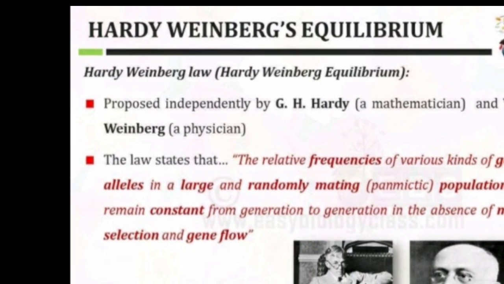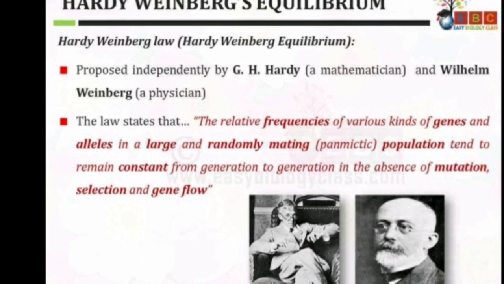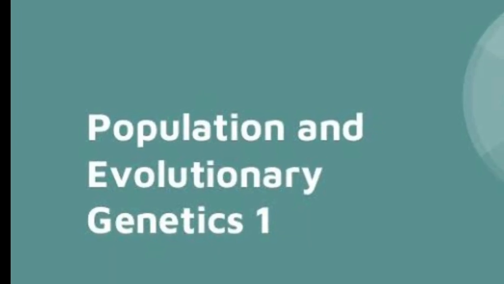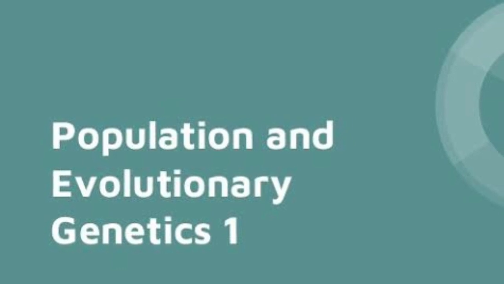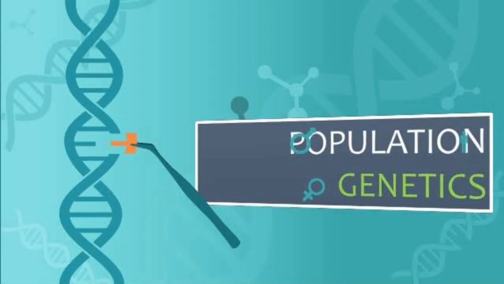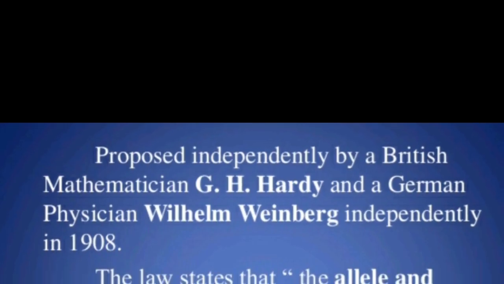In the next part, there is the study of adaptations and the Hardy-Weinberg equilibrium law. In the evolution of species, the population of that species plays an important role. So the study of population genetics is essential for understanding species adaptations and evolution. For better understanding of population genetics,